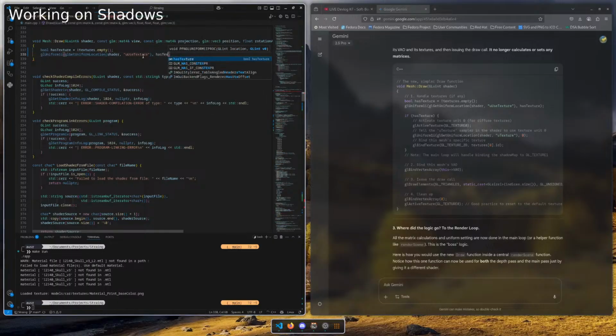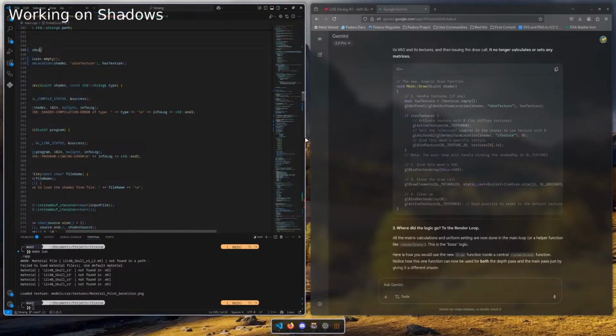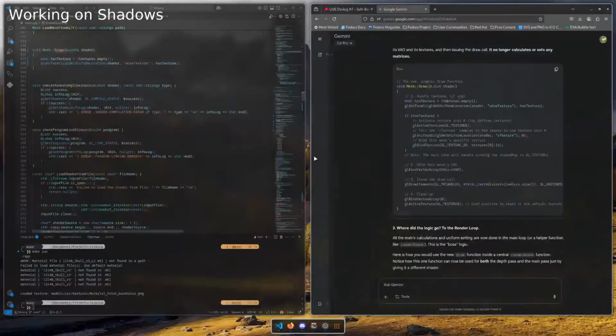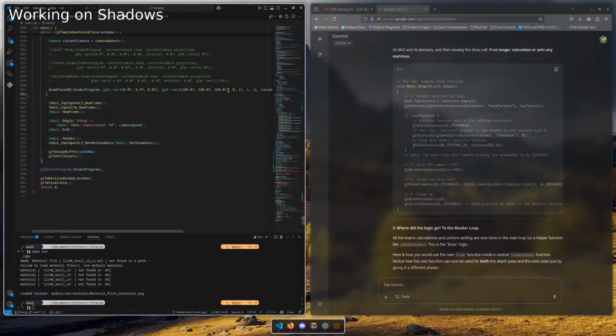Then it has texture. So yep. Now there are gonna be errors because there are places where I use the draw. This is an example where I use the draw function.